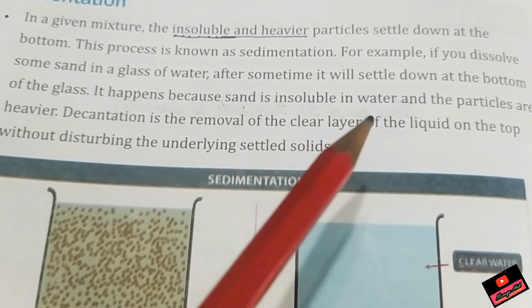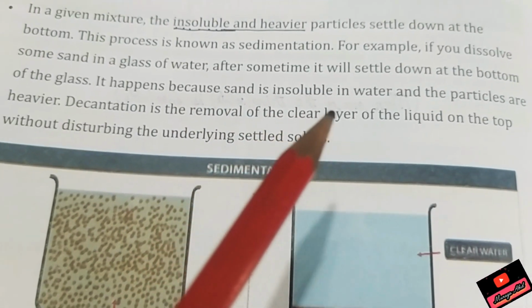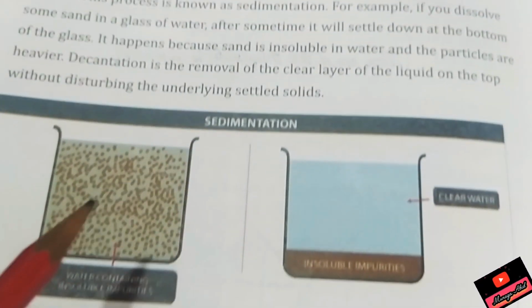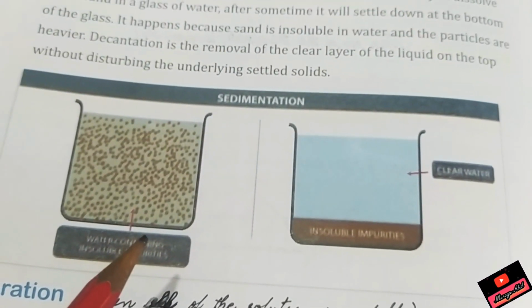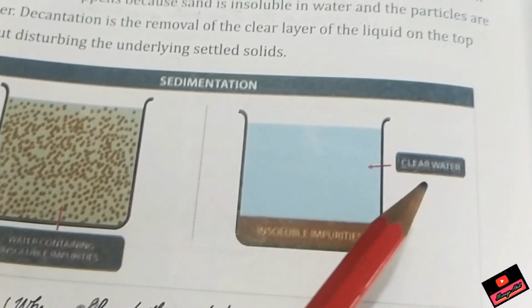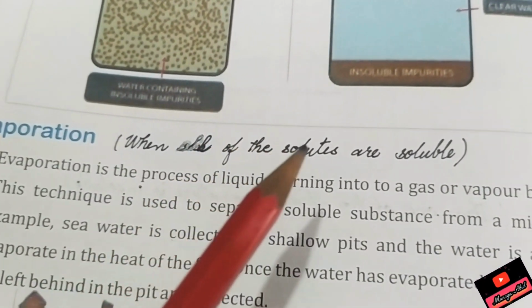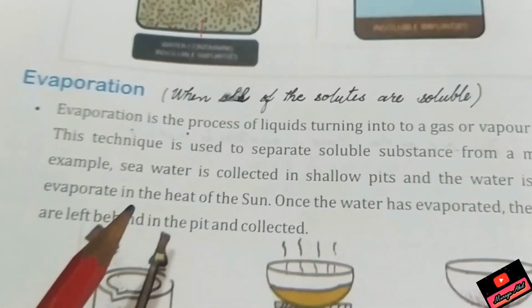For example, you can mix some sand in a glass of water. After some time, it will settle down at the bottom of the glass, and the clear water above can be separated easily. This is done in the separation of water from rice water. Okay,